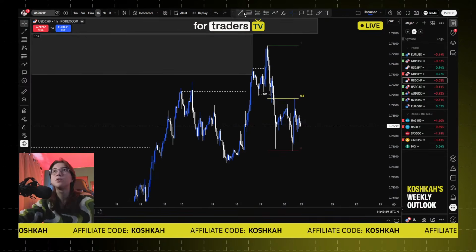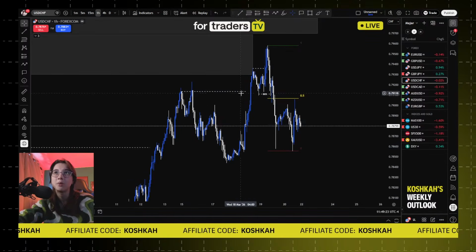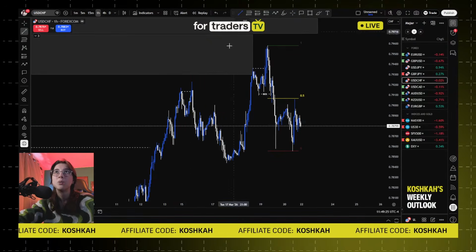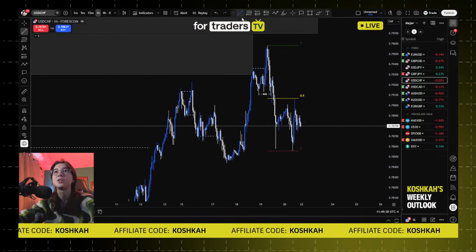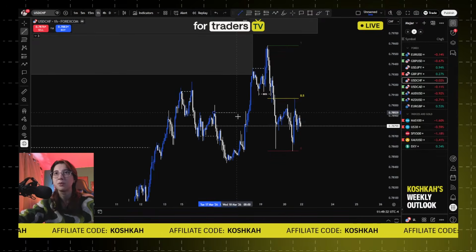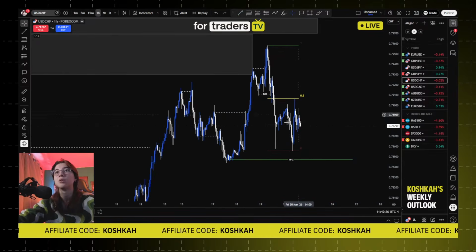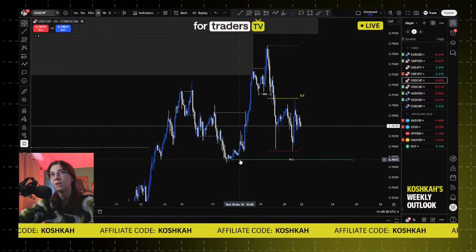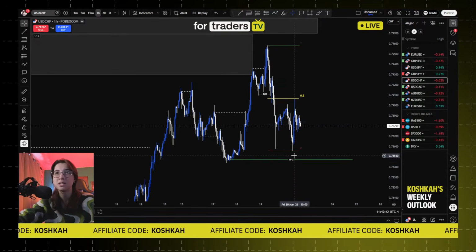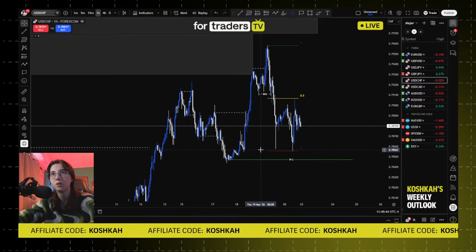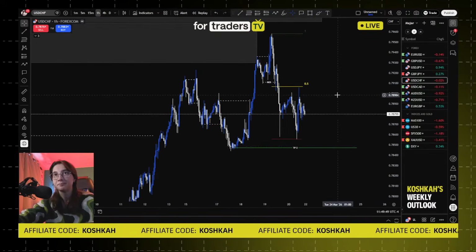The hourly low for this trade, technically we got a break of structure downside here. We got a break of structure downside here. Then we had a break of structure upside here. So this is technically the hourly low. This is a closer low, but the real hourly low would be here. This was too close. So this is the low, basically, of the trade. As you can see.